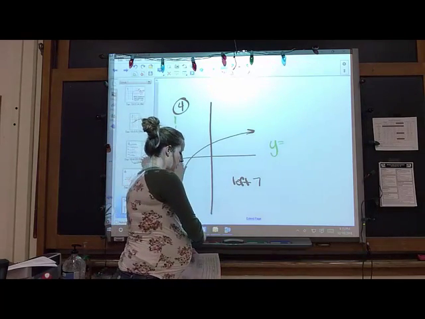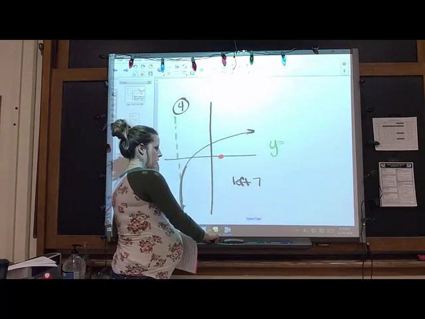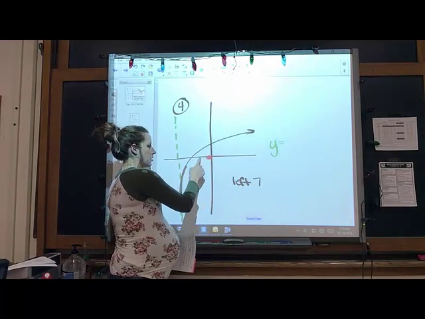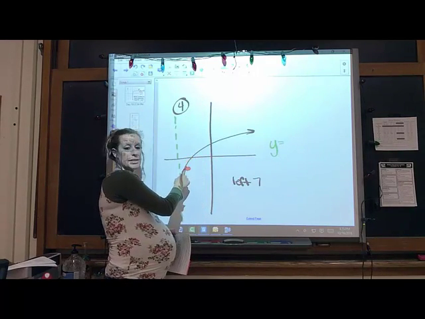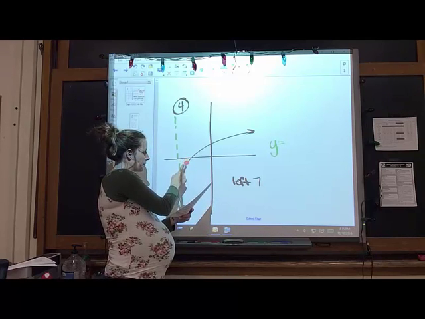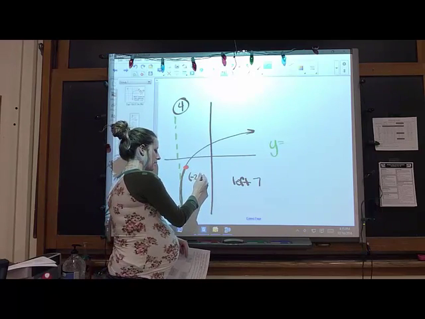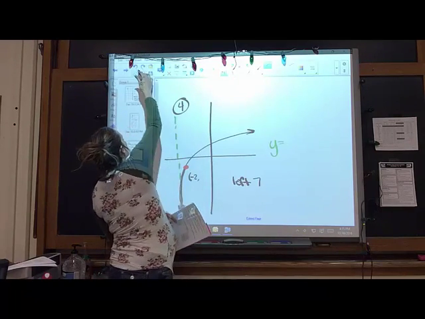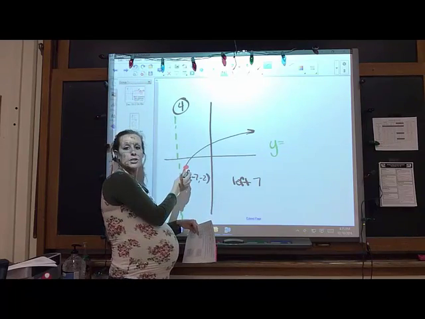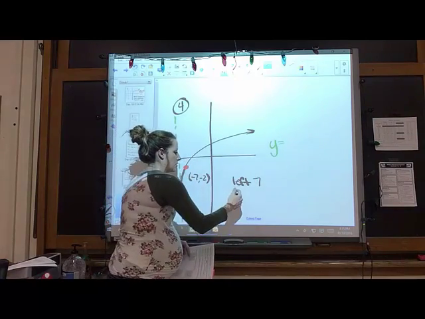You also want to look at the point that's normally at 1, 0. Okay, we know it got moved to the left 7. But we need to figure out how far down it went. You see that first point that they show you? It's down 2. It's the point -7, -2, that very first point on your curve. Okay, so it moved down 2.